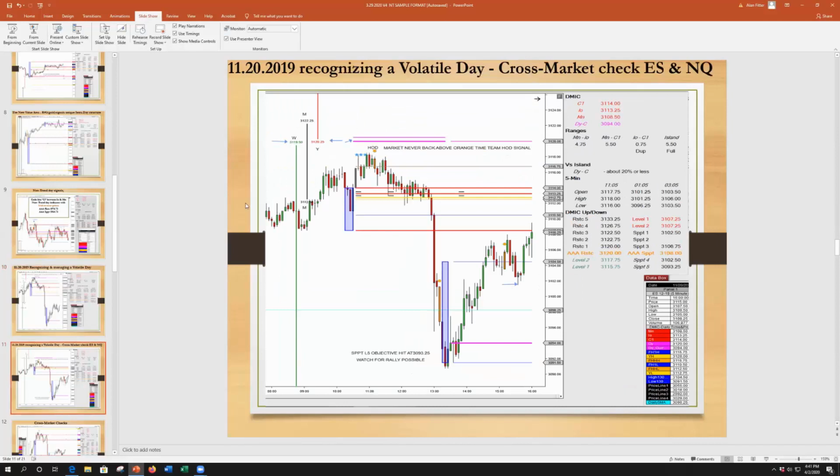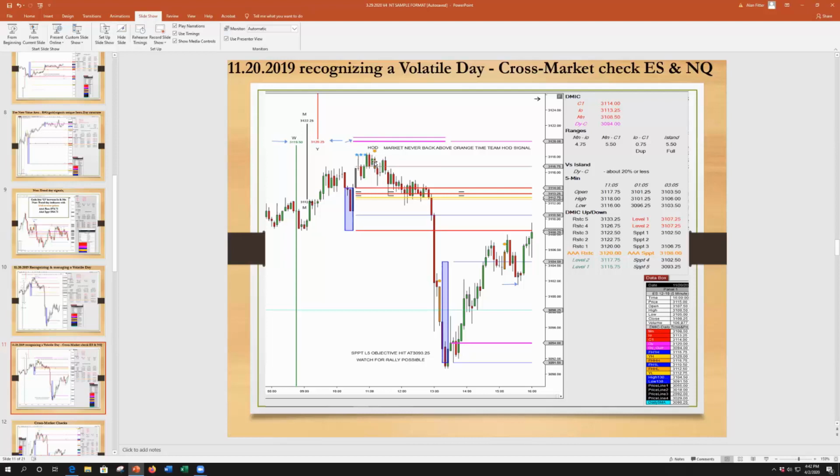Let's highlight the same-day signals by looking at our easy-to-use cross-market chart checks. Let's look at the same-day daily matrix combinations on the ES and the RTY chart. This ES chart had similar setups. We see the green and black and prior day daily matrix combination all matching up with the DYC line.